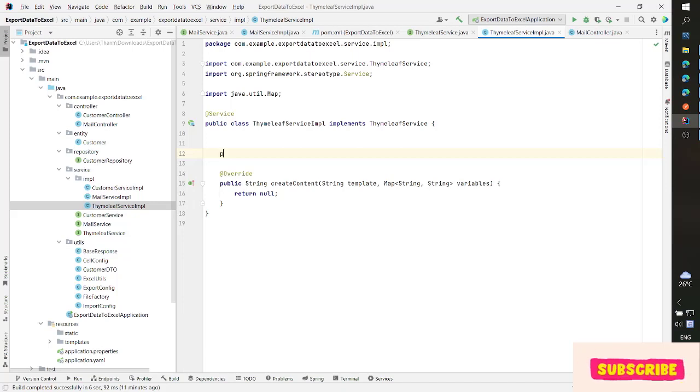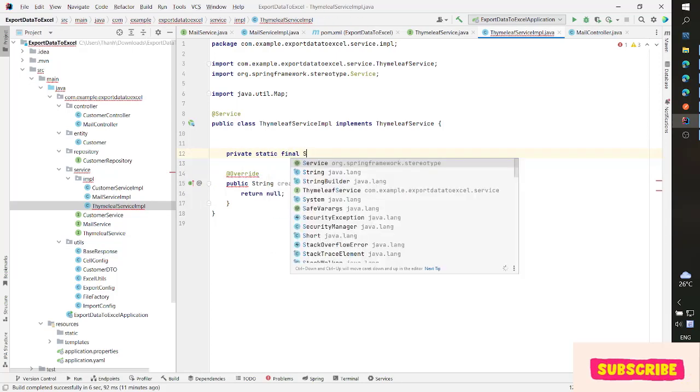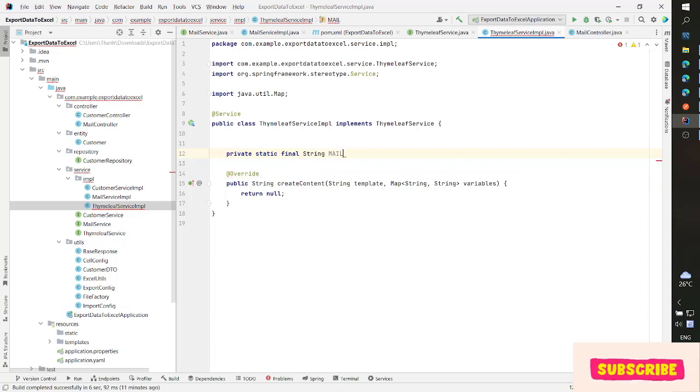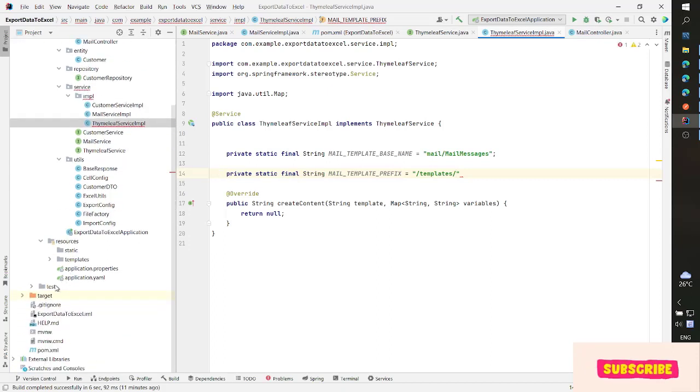So now first I will create some properties. Private static final String MAIL_TEMPLATE_BASE_NAME equal mail/mail-message here, and another is private static final String MAIL_TEMPLATE_PREFIX, the template location here,